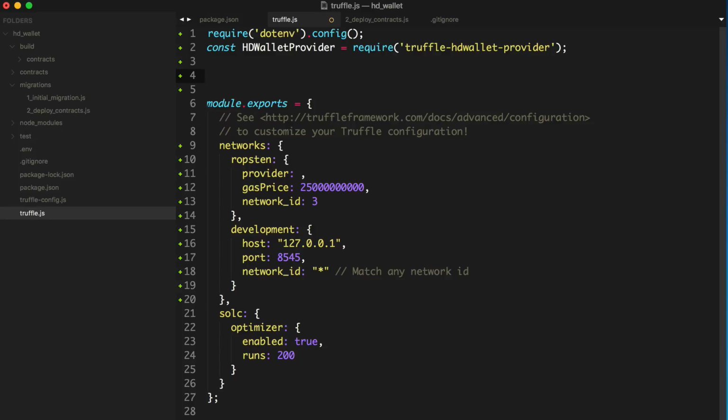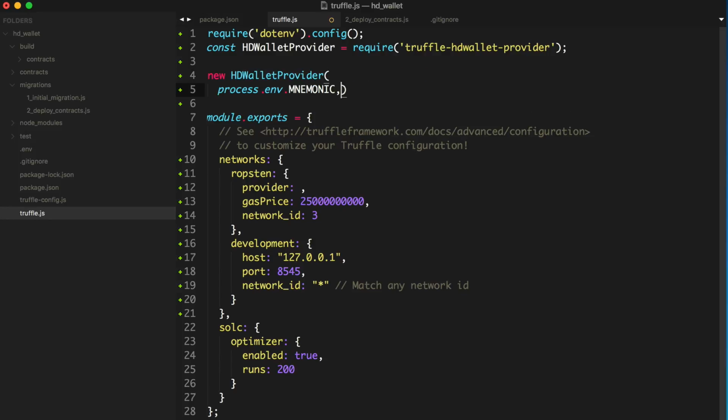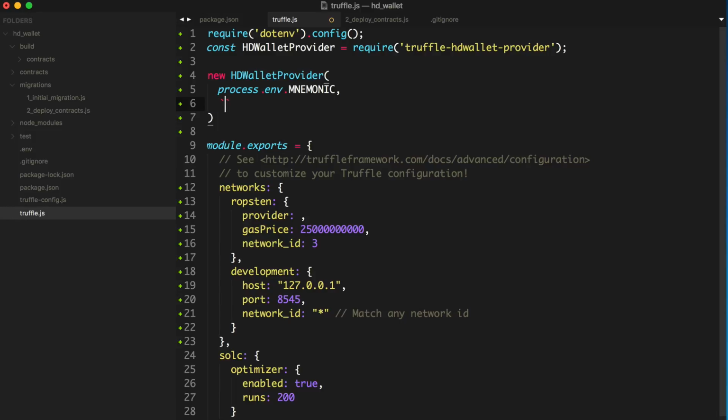So what we want to do basically is say new HDWalletProvider, like I showed you in the console, and we want to pass it that mnemonic, and we want to pass it the RPC URL. So we'll get the mnemonic from our .env file like this, process.env.MNEMONIC. I think I spelled that right. Mnemonic, yep. And now I'm going to pass it the Infura URL. So what I'm going to do is basically add this on a new line here and say